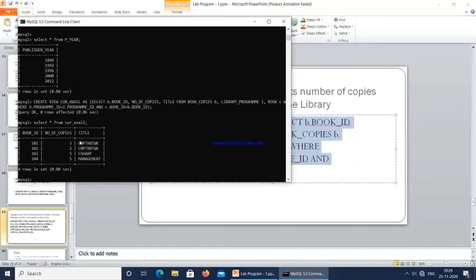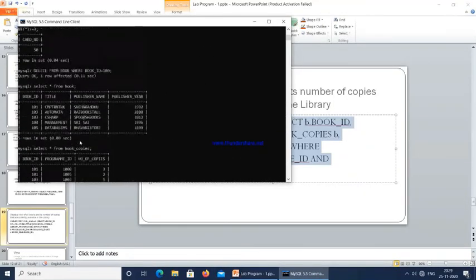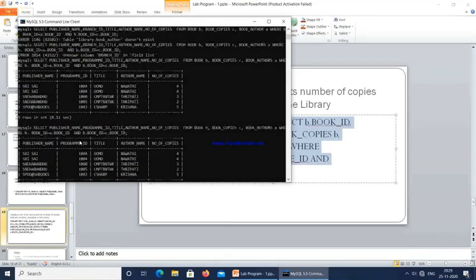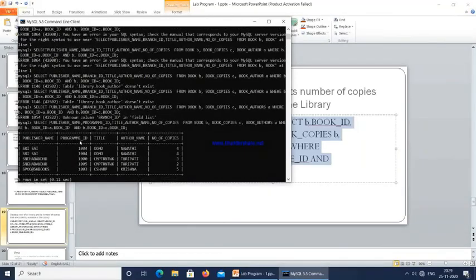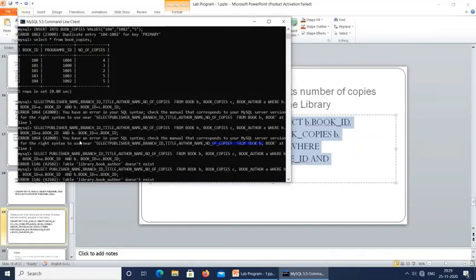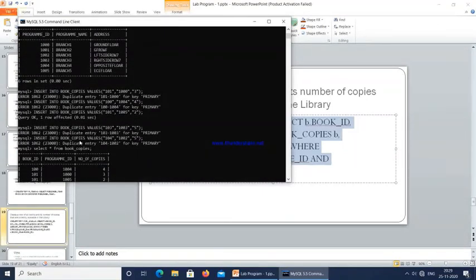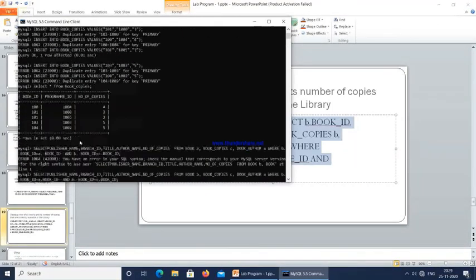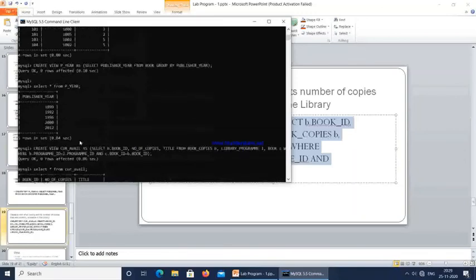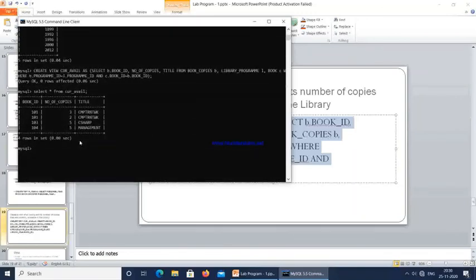Okay, so these are all the 5 queries that we have to execute in the exam. I hope you understand all the queries, what is an entity relationship diagram, what is a schema diagram, how to create the tables, and how to insert the values into the tables. So all those things we have covered here. Practice these queries and do well for the exam. Okay, so thank you.